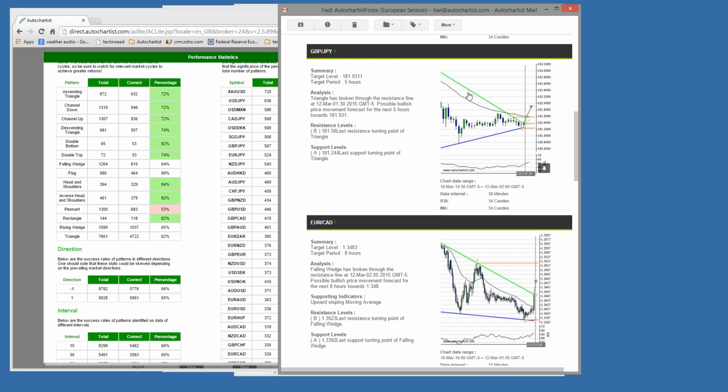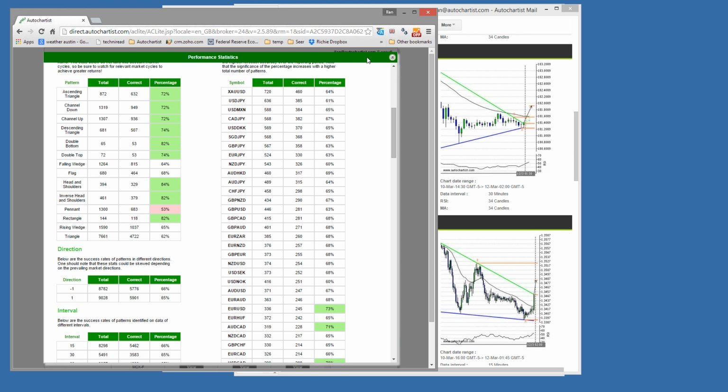So again, never look at just the email itself. Always dig in. You're getting the email reports for a reason, and obviously because you have access to Autochartist. So use the reports as a starting point, right? What's happening in the markets? Where are the opportunities? But then leverage off your access to Autochartist to do more detailed analysis about each of the opportunities. Never trade blindly.